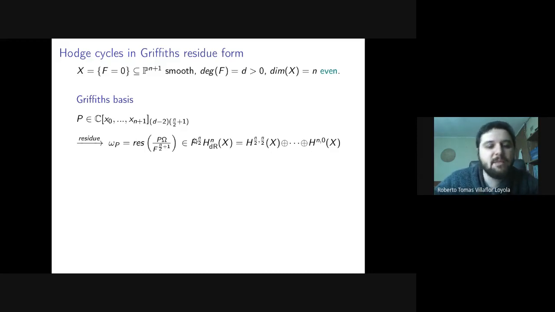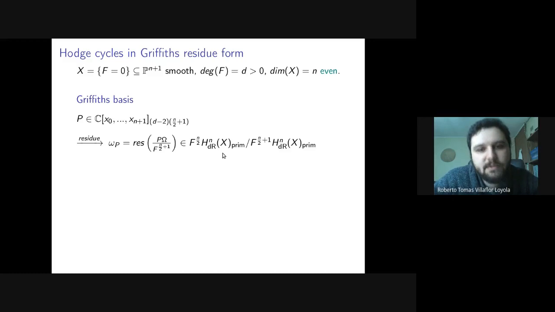It says that the image of this map is in fact the primitive part of the middle part of the Hodge filtration. The primitive part is exactly the same Hodge filtration, but in the middle part of the Hodge decomposition, we're considering those forms which are orthogonal to the polarization, which is the class coming from the projective space. Okay, so this is a hypersurface of the previous filtration and hyperplane, I mean, and when we look at the image of this map in the following quotient, the quotient